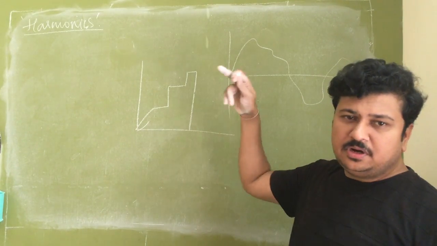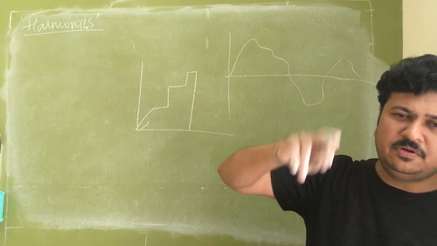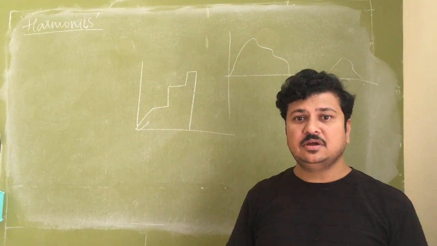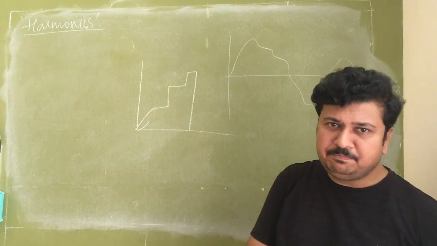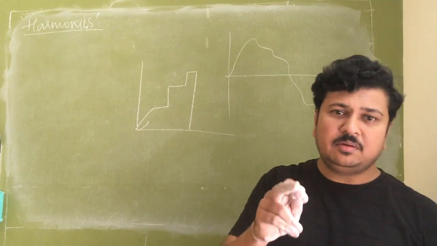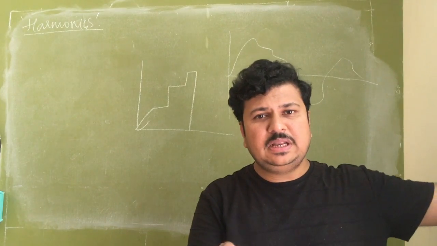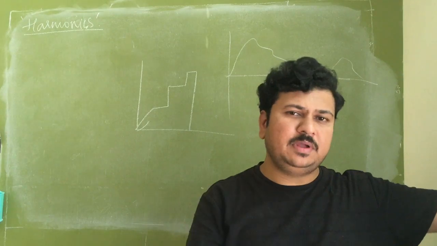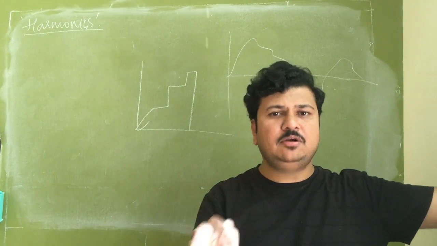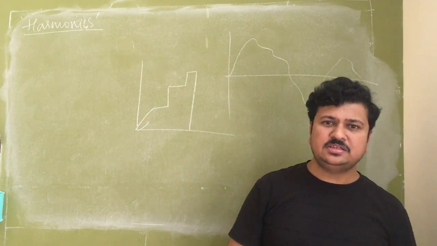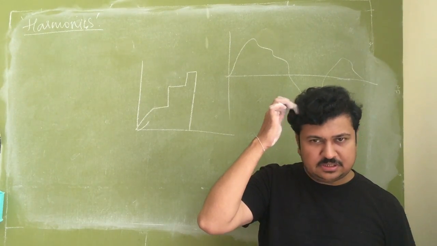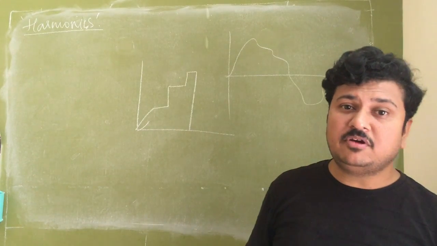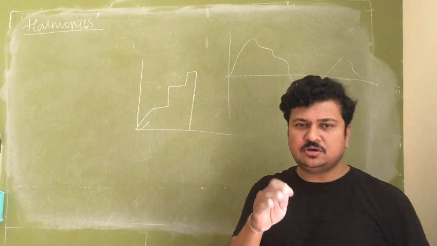Then the component waveforms, the 3rd order component and 5th order component, will also be sinusoidal waveforms of period 360 degrees, but with not p poles, with the order number multiplied by p poles. So for the 3rd harmonic there will be 3 into p poles, and for the 5th harmonic 5 into p poles. Virtually, in the air gap between rotor and stator, the number of poles are getting multiplied for each order harmonic.